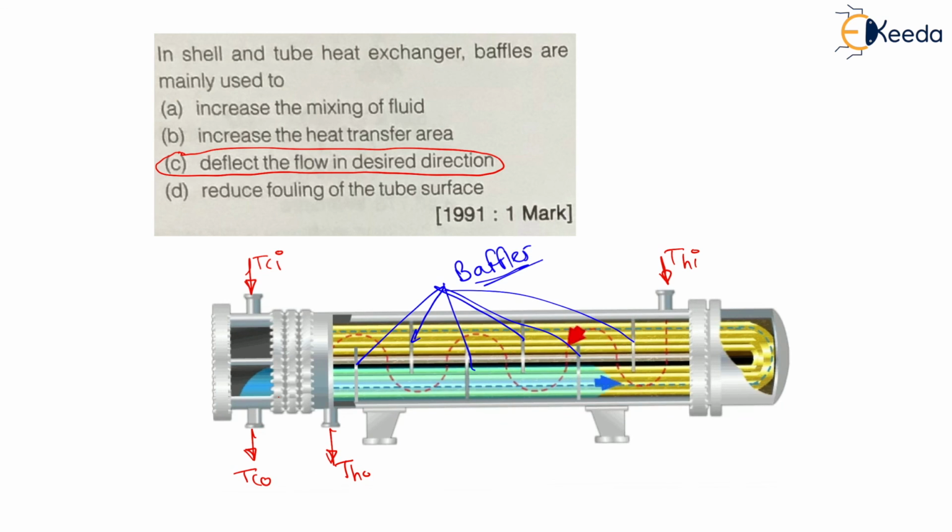Now you can see it is an inlet of cold fluid. You can see cold fluid is entering and flowing through the tube, and it is exiting from this location. So you can assume here an exit of cold fluid, that is TCO, and from here the inlet of cold fluid, that is TCI. It is absolutely fine. We can pass cold fluid from this side also, but here it is flowing from this side and going in this direction, and it will come out.